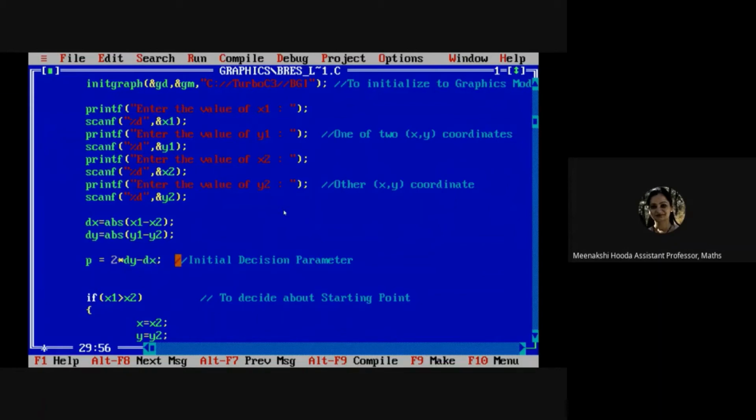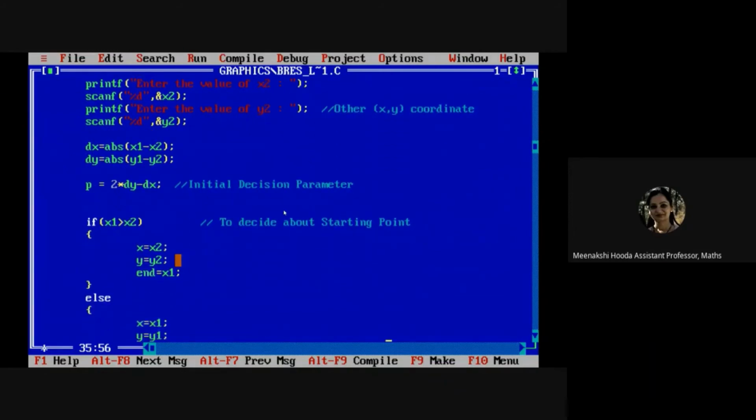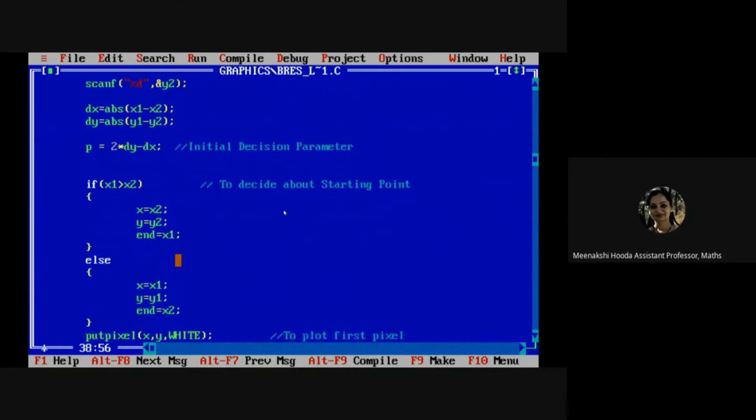So this is the initial decision parameter we need to calculate to start the implementation over there. Here we are deciding about the starting point. You can say the first point. So we can draw a line while we are entering the coordinates. A user might enter the end point first prior to the starting point. When the user is entering the values, it might happen that the user enters the end point first and the